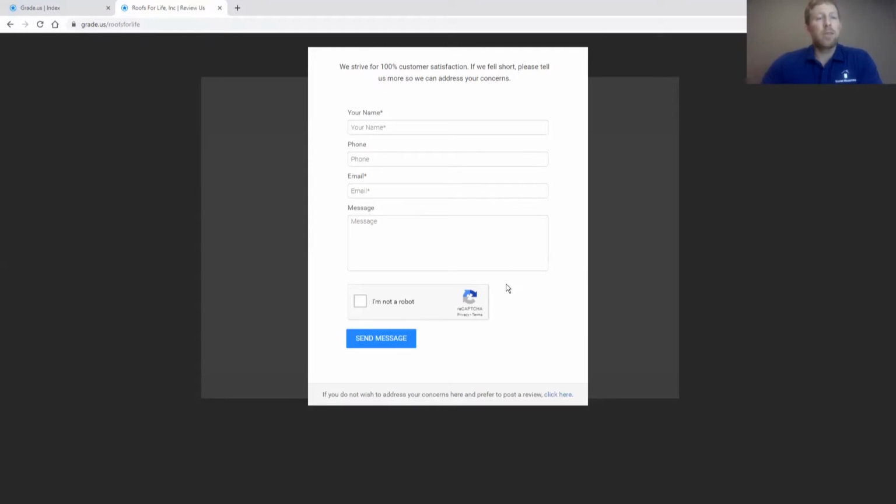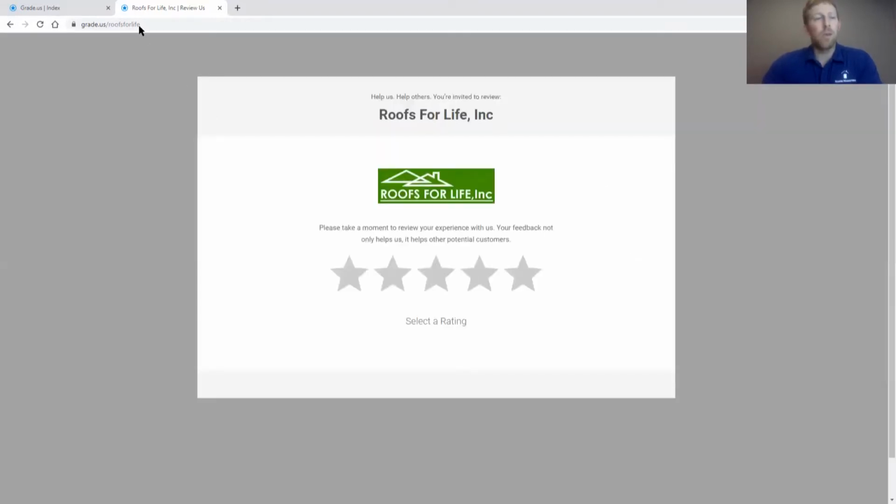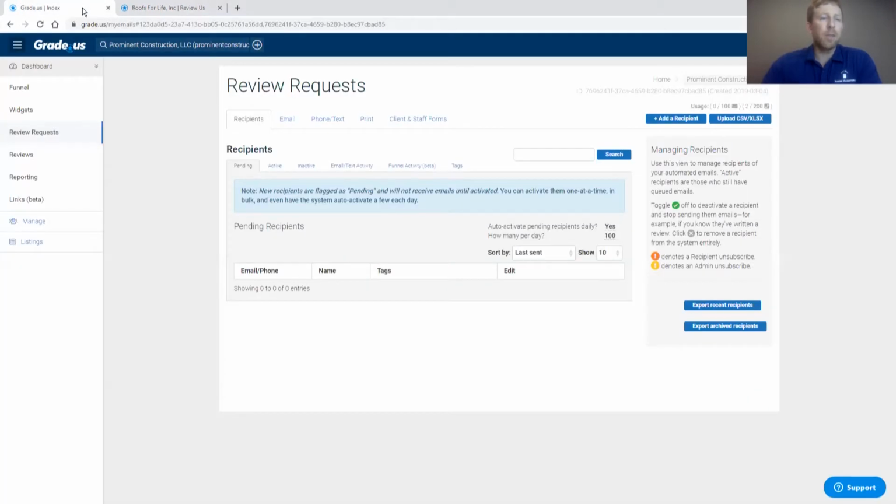So that's the URL that you can send people to the website. It's gray.us and their client name. We can also integrate it with their site, but it doesn't really matter as long as you're sending them to a page to easily leave a